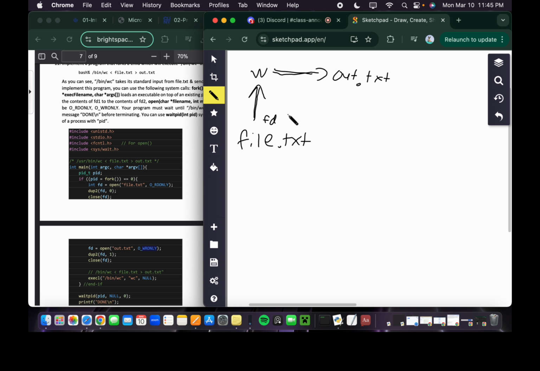So we have FD, actually, I don't even know if we need a pipe for this because it's just one process. I think we could just use the 0 operator, low-key. We could do a dup to make this into 0, that into 1, and then this into,